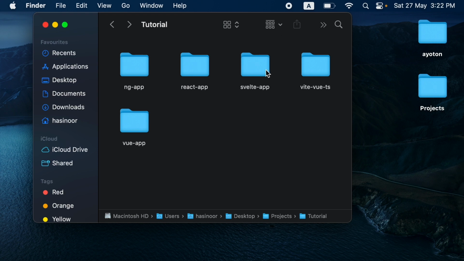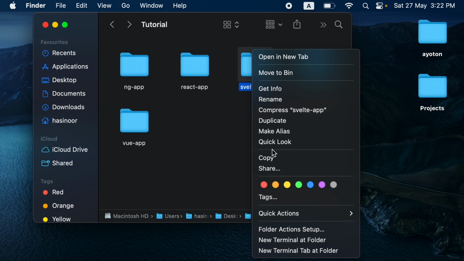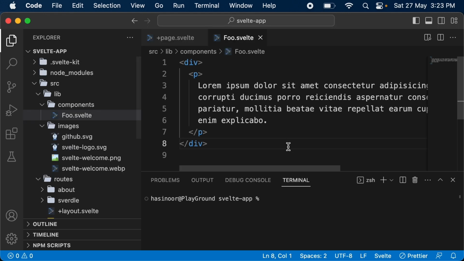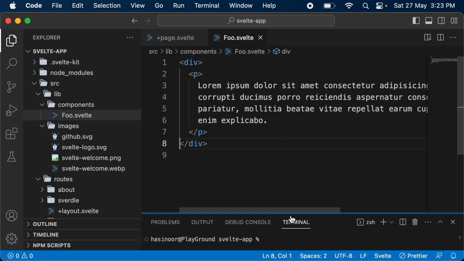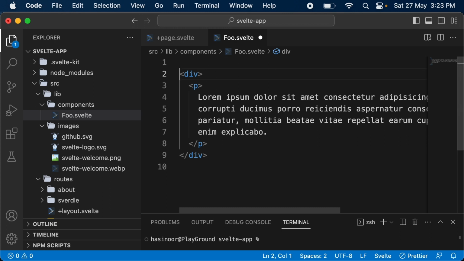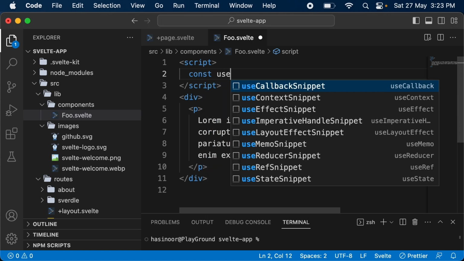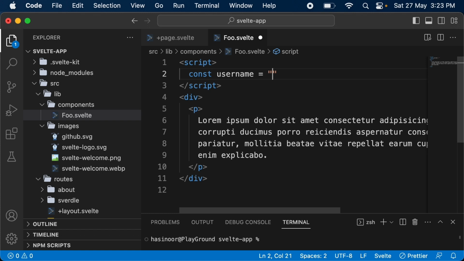Now, before moving on to Vue.js, let's move on to the Svelte application. Open your Svelte application with Visual Studio Code. We will work inside our foo directory, foo component. Here we have rendered some static data. To render some dynamic data, let's declare a script block where we will declare a variable const username equal Hashinur,